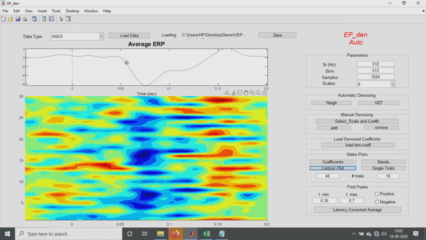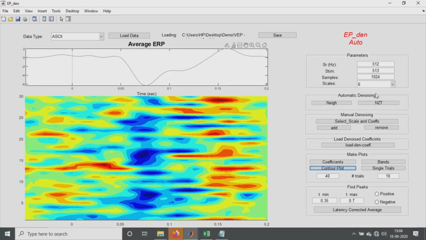Here this is the proper negative, and this is always negative here, even though it is shown as positive up and negative down. Actually I have imported data which has negative up. So this is actually the positive peak, and the positive peak is given as the blue response, and this is the red response that has been obtained.